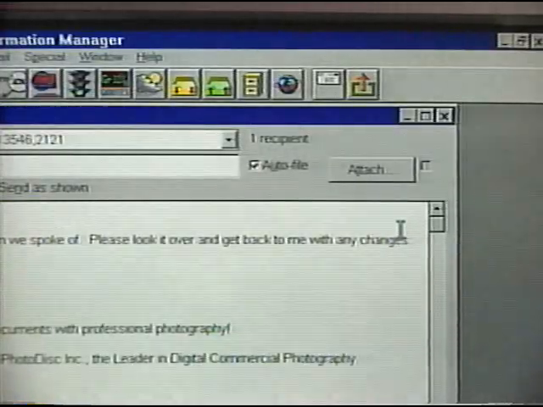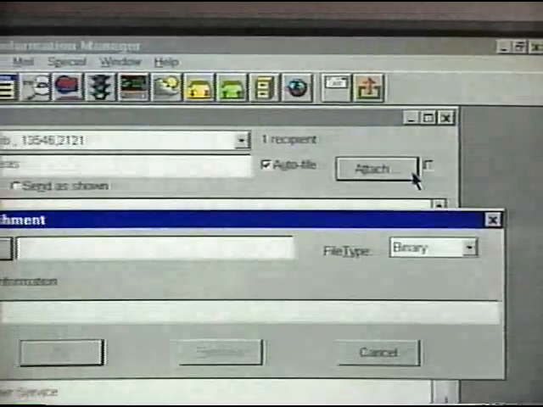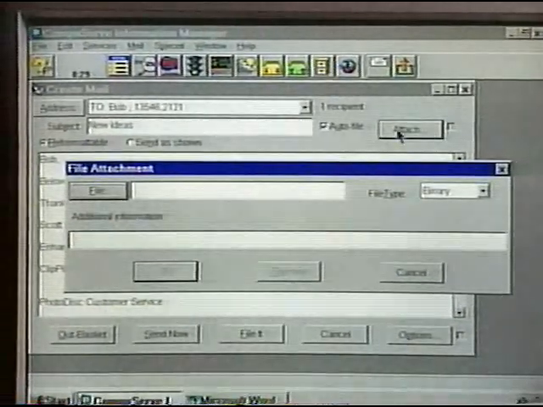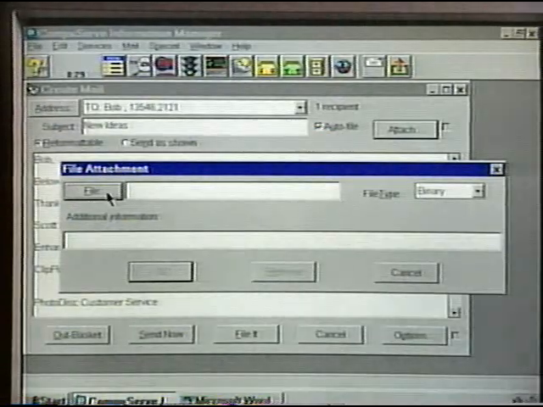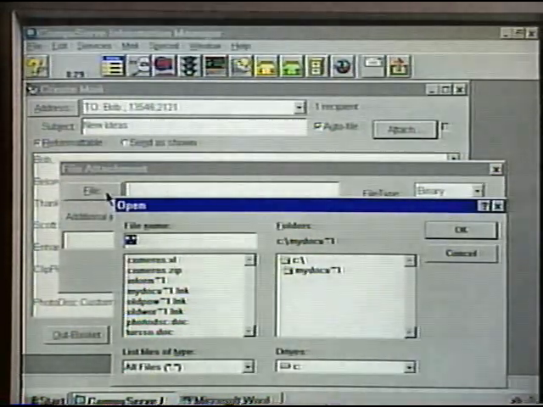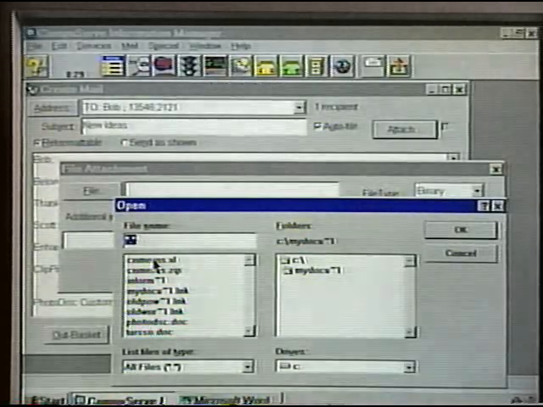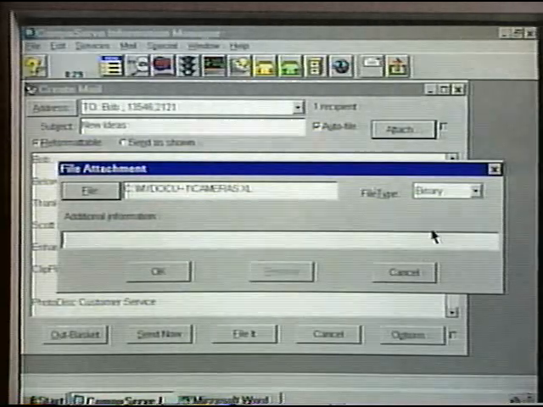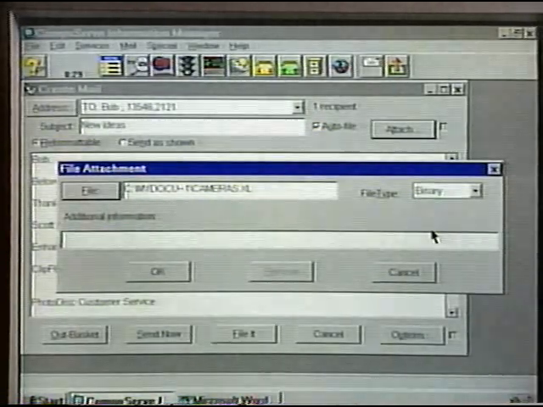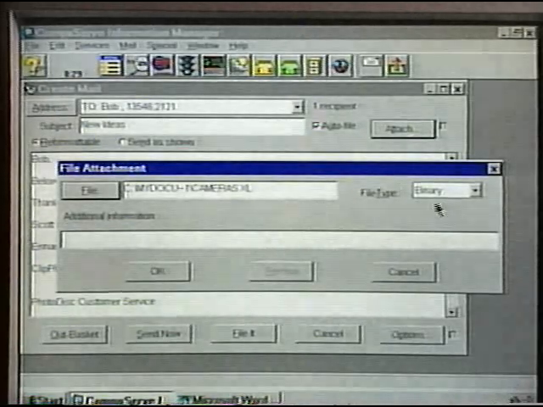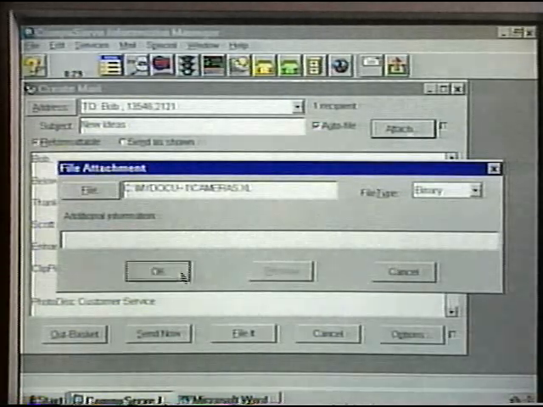We just click on the Attach button and a File Attachment dialog box opens. Here we can either type in the name of the file we want to attach, or scroll down to find the file by clicking on the File button, which opens our file folders. We'll select cameras.xl, a Microsoft Excel file. We'll leave the file type as a binary file to hold the format commands, and click on OK, and the